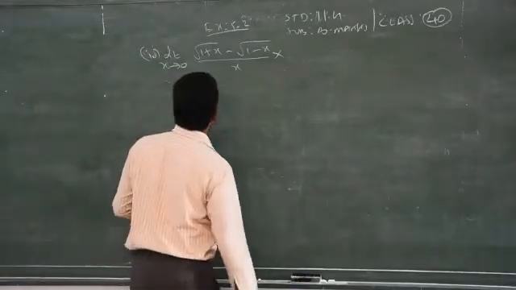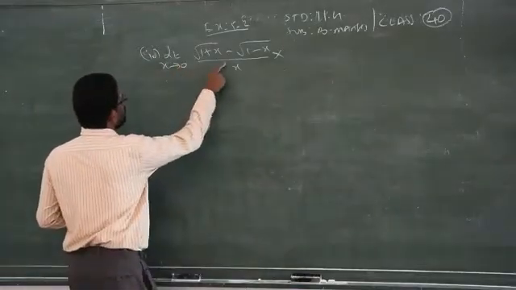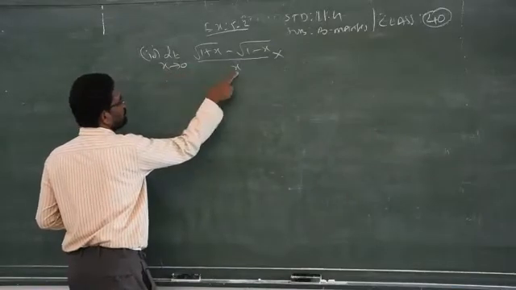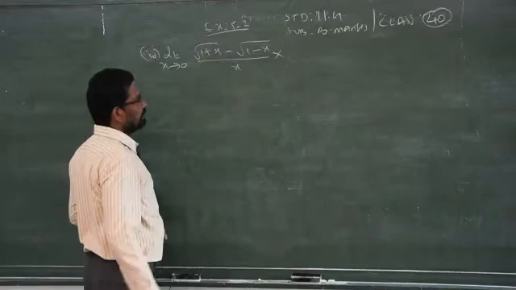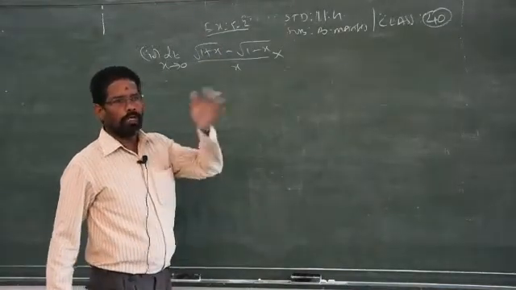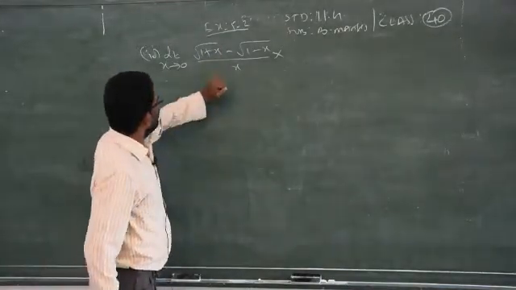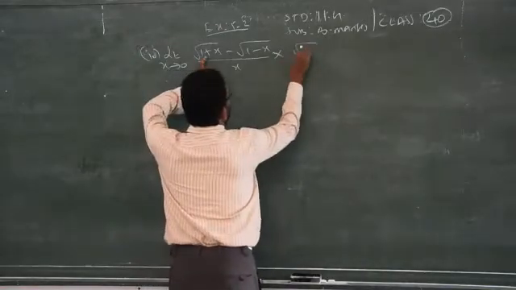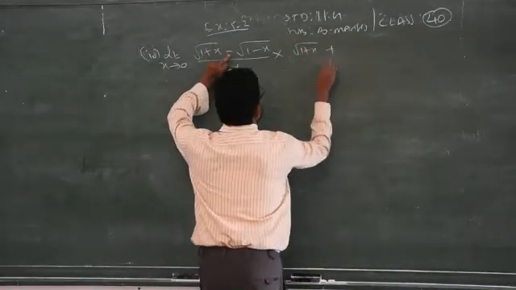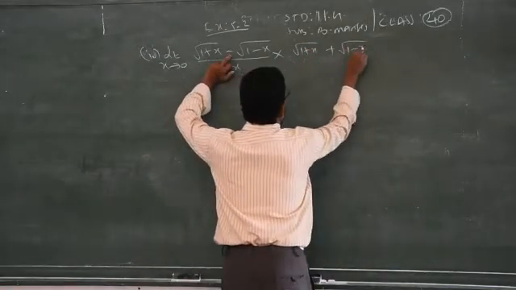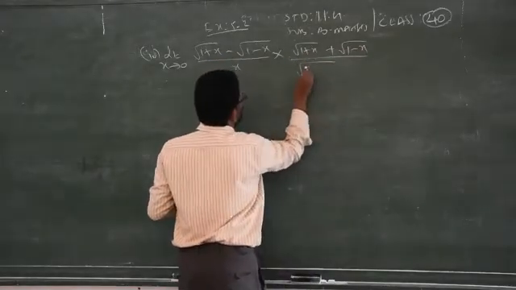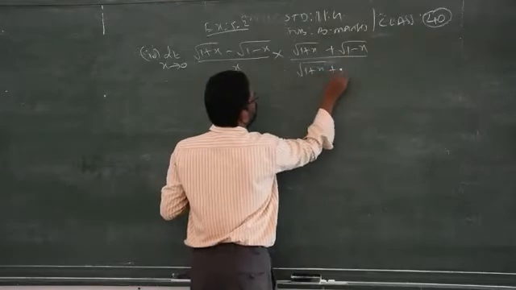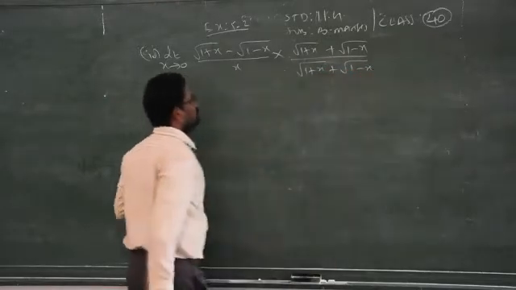So be careful. Don't try to make the denominator 0. If you replace x by 0 straight away, you get a term divided by 0, which is not accepted. That is an indeterminate form. To avoid the indeterminate form, you have to rationalize the numerator. Minus will become plus. You know how to rationalize these terms. So x times (square root of 1 plus x plus square root of 1 minus x).